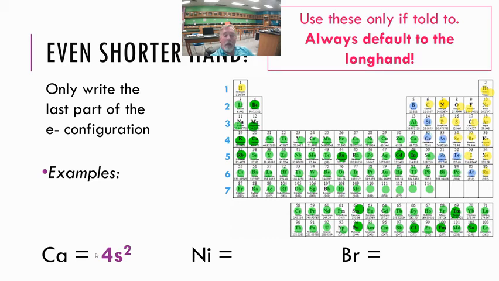So all you got to do now, guys, if I want you to find the shorthand, find your element in the periodic table. What row is it in? What period is it in? And then what block? Is it an S, a P, or a D block? And if it's an S or a P block, just read your period number, then your block, and then how many electrons you have in your block. We're in period 4 here for our calcium. We're in the S block, and we have 2 electrons in it.